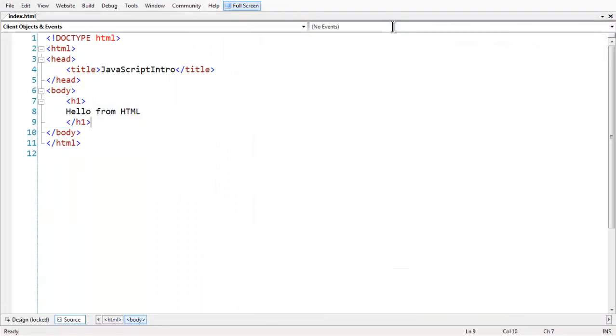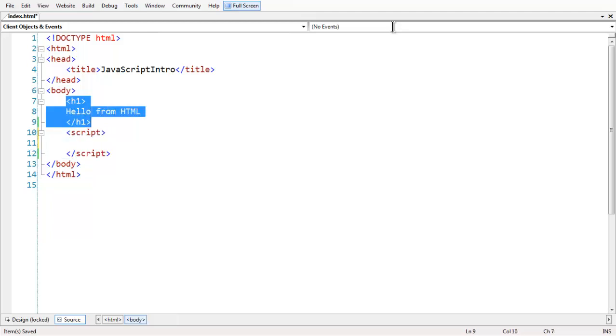Now let's add a script tag inside the body section here. Since we know that we are allowed to add script tags inside the head section or in the body, many developers prefer to add the script tag at the end of all the HTML tags, at the ending section of the body.